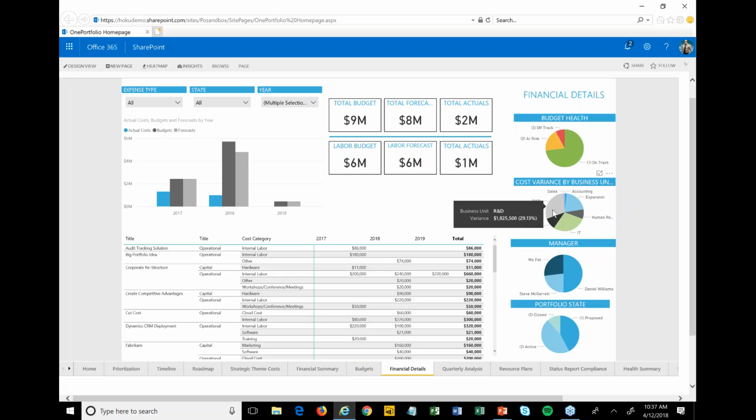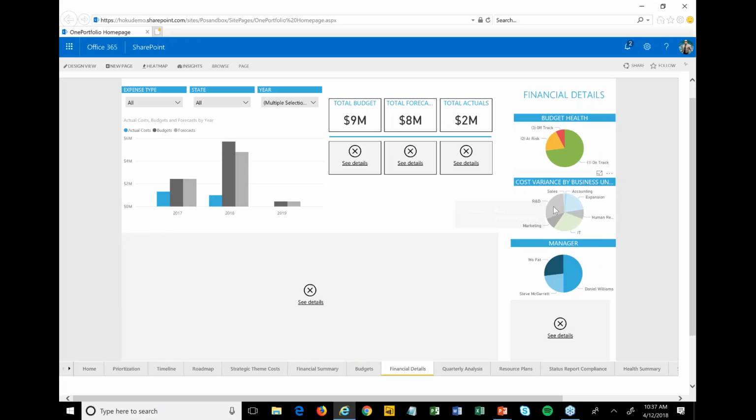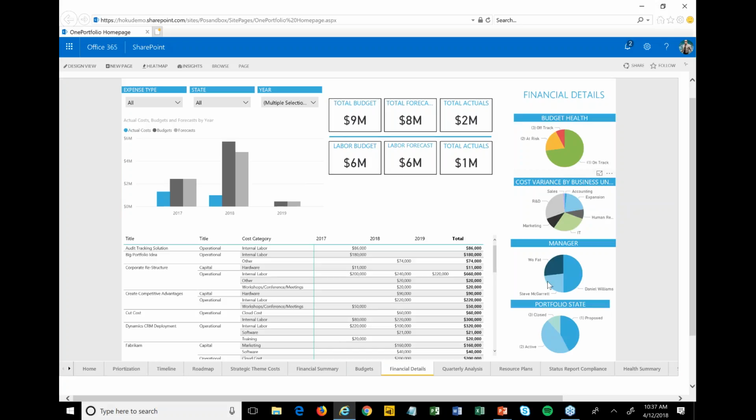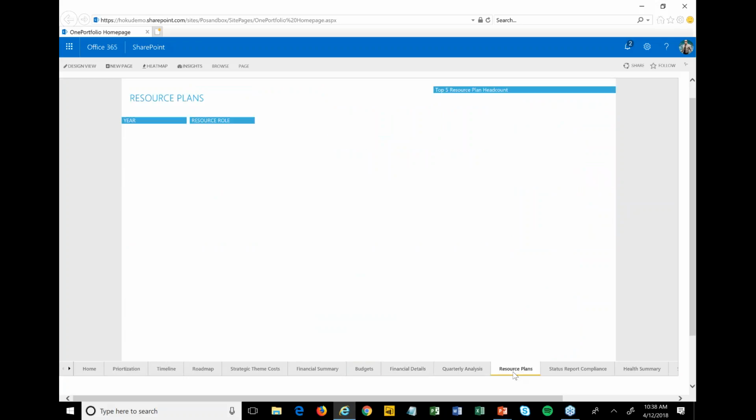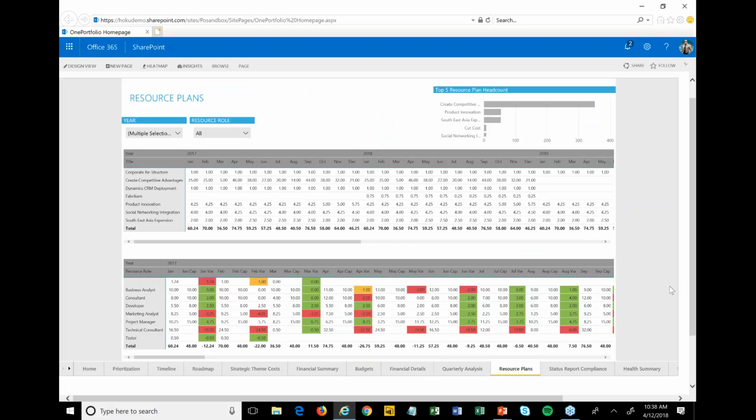And when I click on things, like for example, if I click on R&D, part of the pie chart there, then it will actually filter down and show me just the related information for those different pieces. Moving on here, from a resource management perspective,